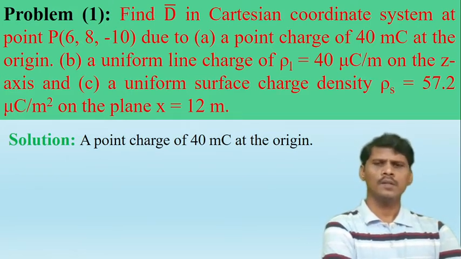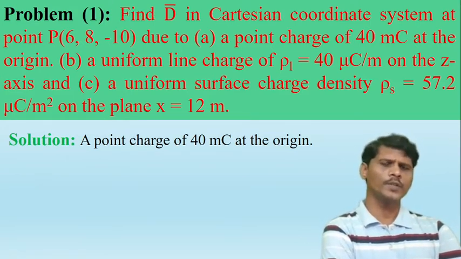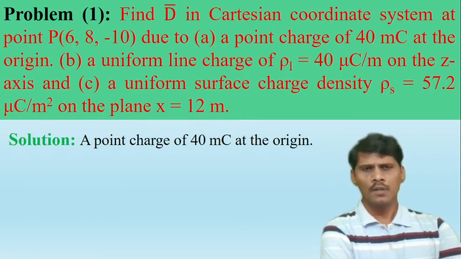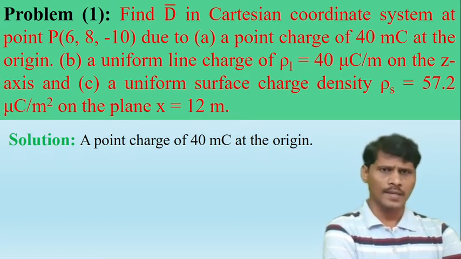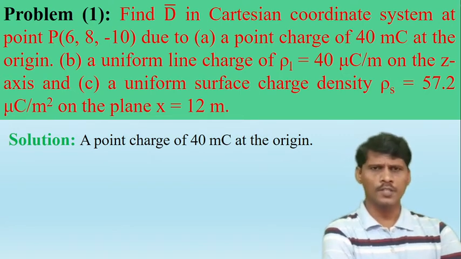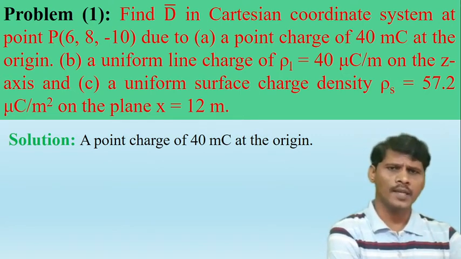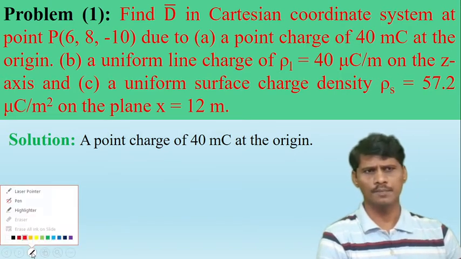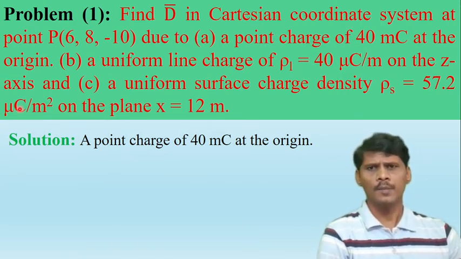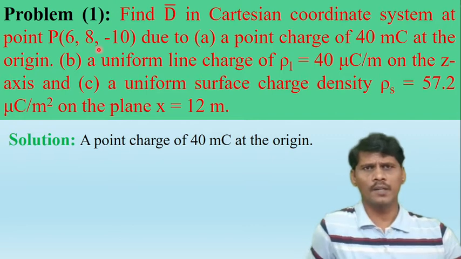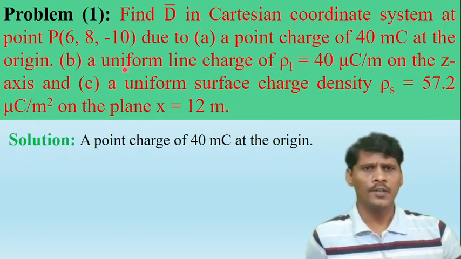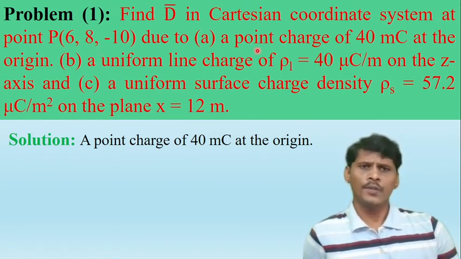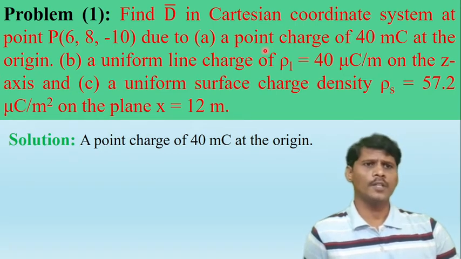Hi everyone. In this video we are going to discuss applications of Gauss law examples. First example: find the electric flux density D bar in the Cartesian coordinate system at point P (6, 8, -10) due to the first bit, a point charge of 40 millicoulombs